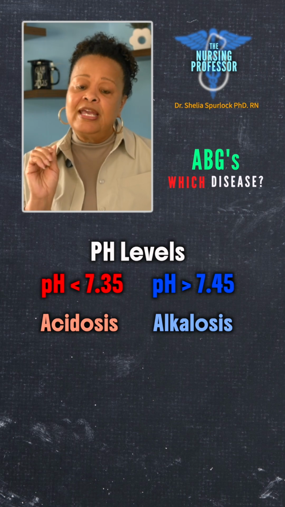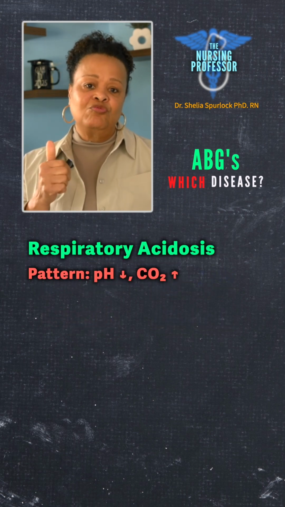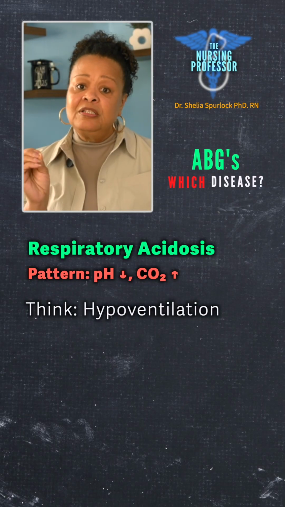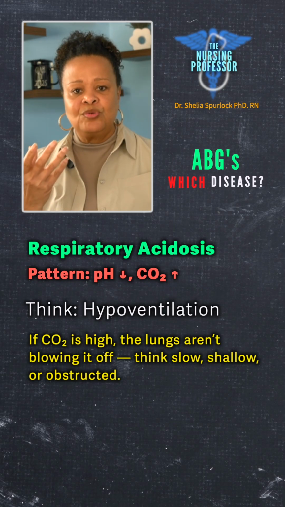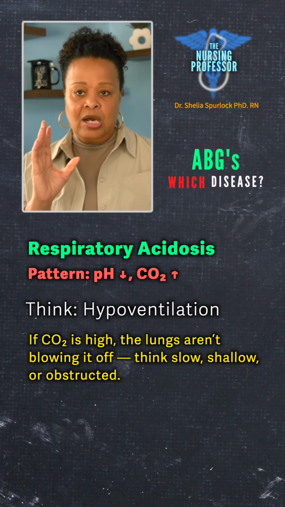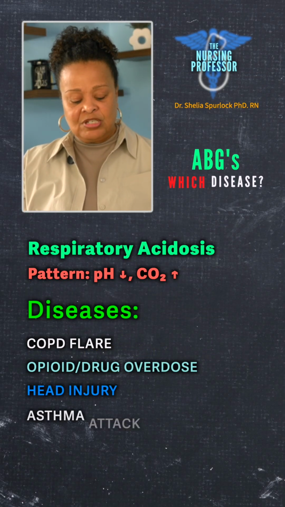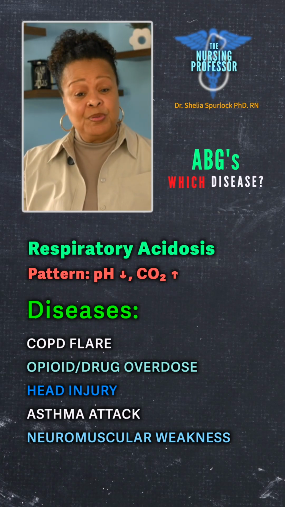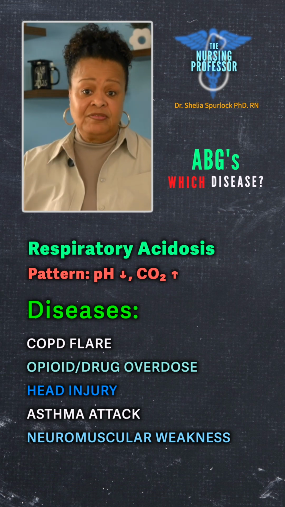So let's take a look at respiratory acidosis. This is when your carbon dioxide is really high in comparison to your pH. And typically a person is hypoventilating. Think about they're unable to exhale the carbon dioxide, so that carbon dioxide is actually building up. Diseases you might see respiratory acidosis in include COPD, those people who have the barrel chest and they have difficulty exhaling all of the excess